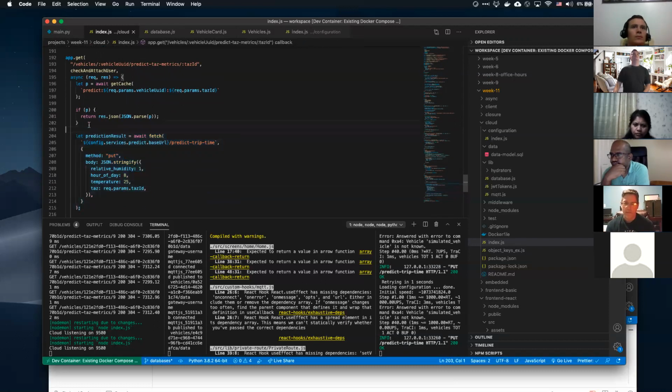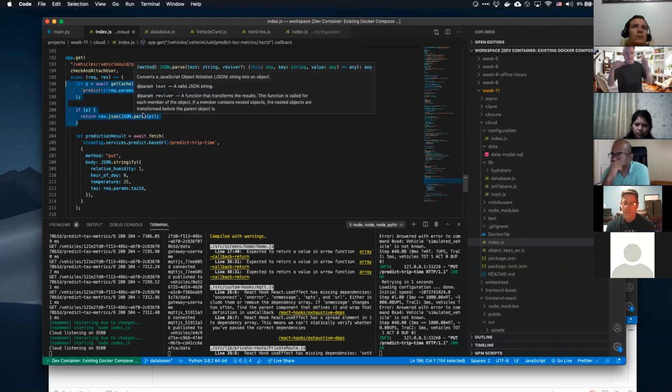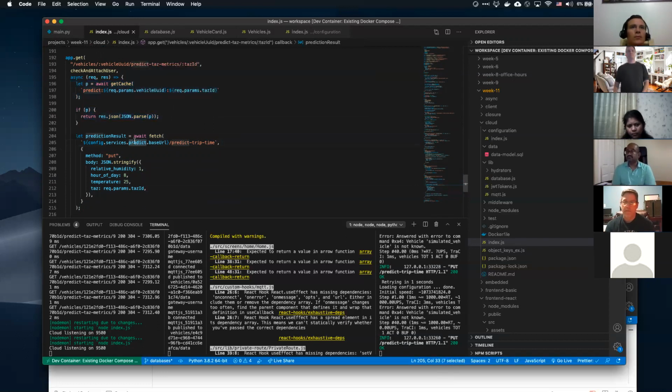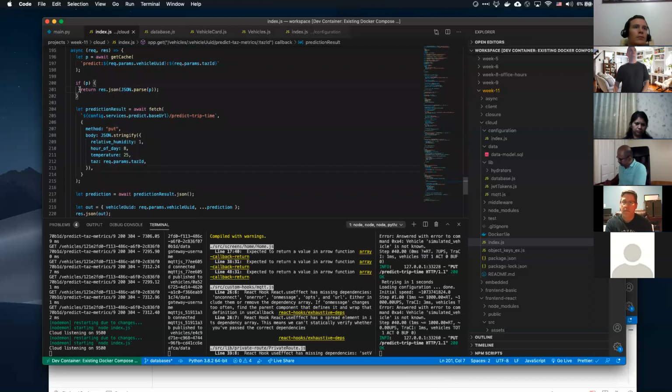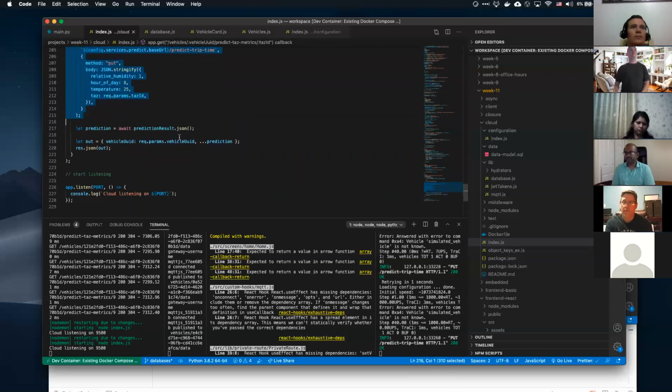All right, so we handled the simple case, the case where it existed in the cache first. So we kind of did the inverse, right? Now let's handle the case of actually putting it into the cache. If this happens, we know for a fact that we'll never have anything in cache, because we never put anything in cache. So let's actually put this prediction result in the cache. If it exists in the cache, it will automatically return here and then stop execution, so it will never reach this. So we're safe to say, okay,